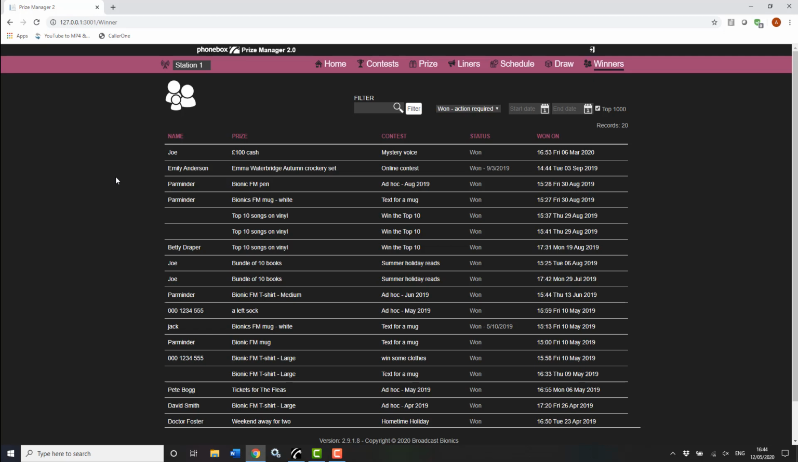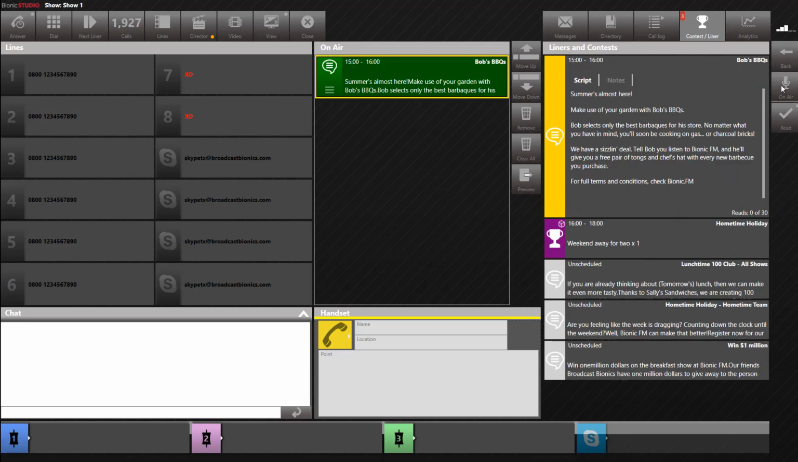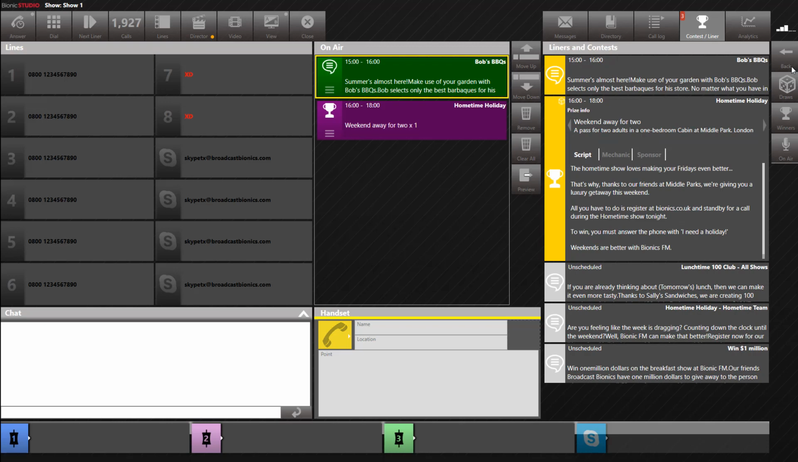So that's an overview of the management module, the online module that helps you keep track of prizes and contests behind the scenes. But then this system also links into Bionic Studio. So if we open up Bionic Studio, I can see, if I come onto my contests tab, that I have got a contest for my program, and I've also got a liner to read, as well as some backup liners in case I run out of material, things that aren't scheduled for now but I could read if I wanted to. So if I'm the presenter, I can put those into my on-air queue and then